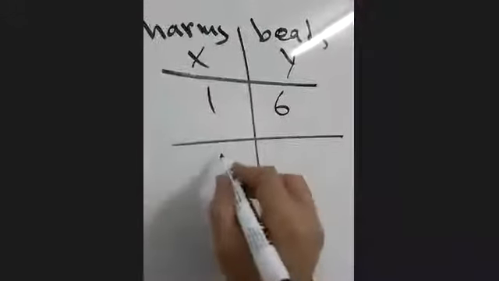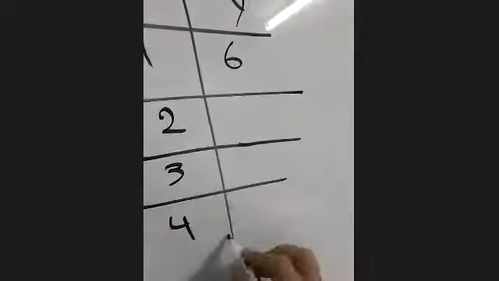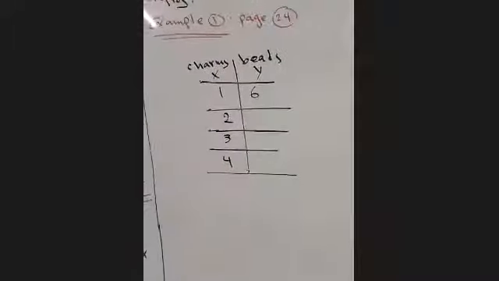Continue. 1, 2, 3, and 4 charms, then graph the charms. They want it to be 1, 2, 3, and 4. Continue. Part A, create a table of ordered pairs. Here is the table in front of us. Continue. Let the X coordinates represent the number of charms and the Y coordinates